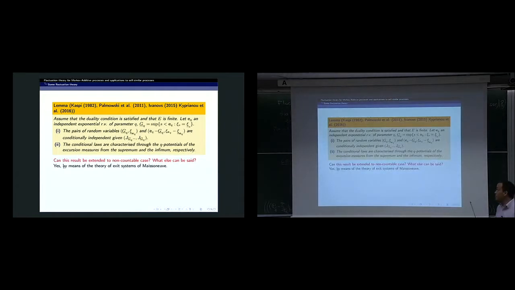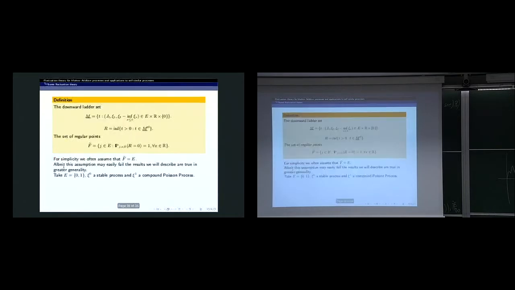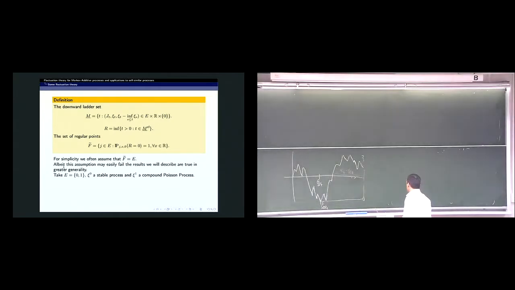Okay, but in a more general setting, we need other tools. But there are some tools that are again available that were developed by Maisonneuve, which is the theory of exit systems. And to use that theory of exit systems, we need to observe that if we study psi infimum t, the infimum of psi s for s less than or equal to t, infimum 0, and psi supremum t, the supremum of psi s for s less than or equal to t, supremum 0,